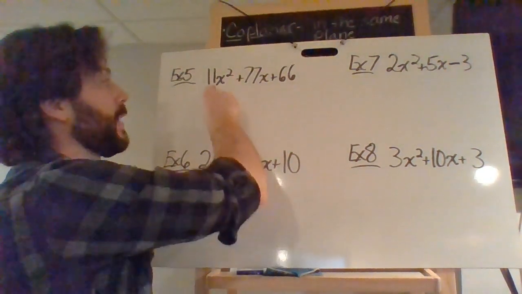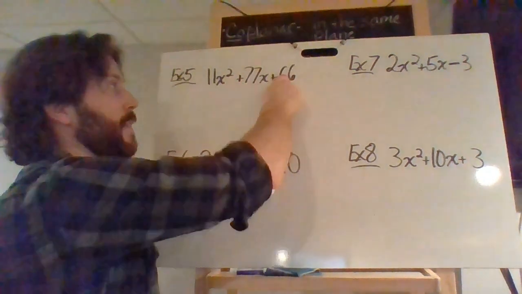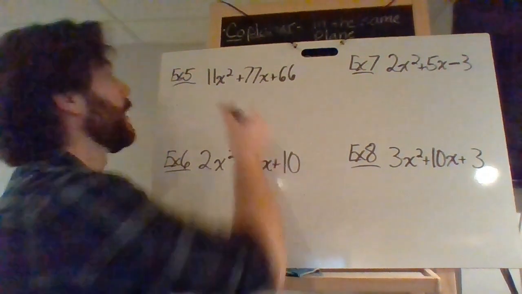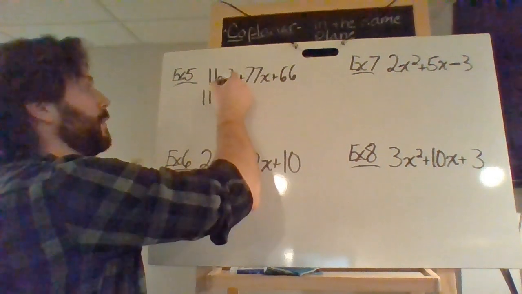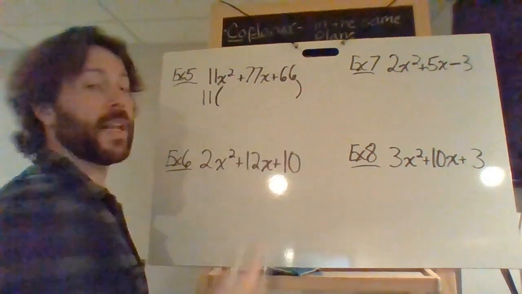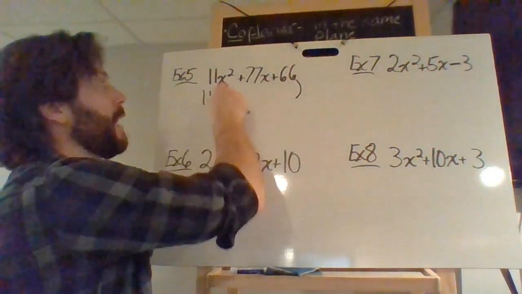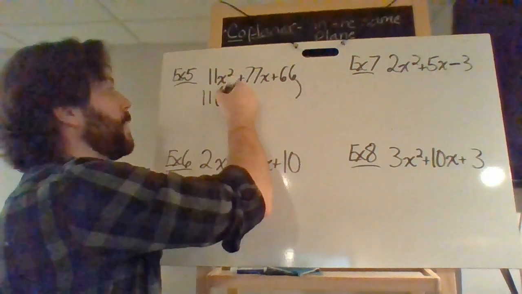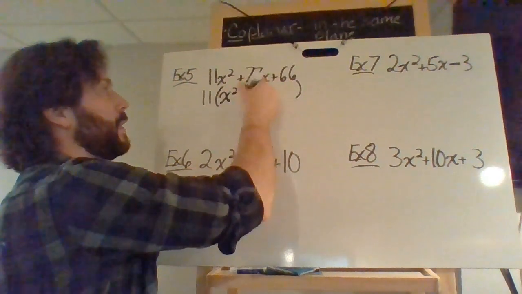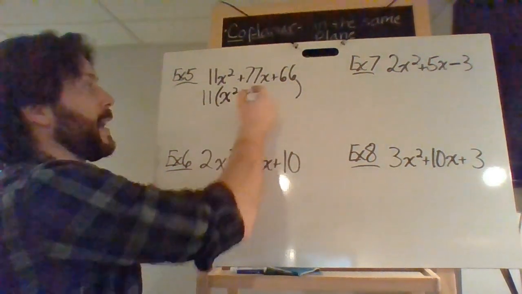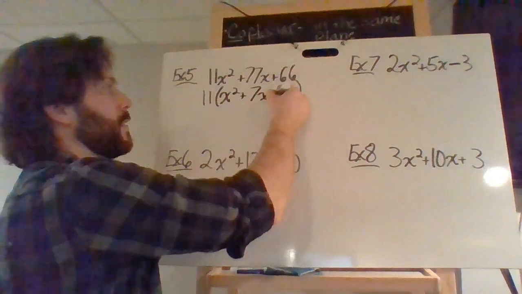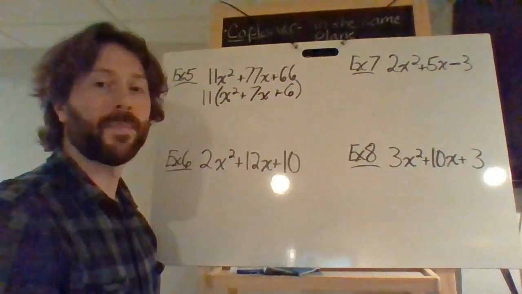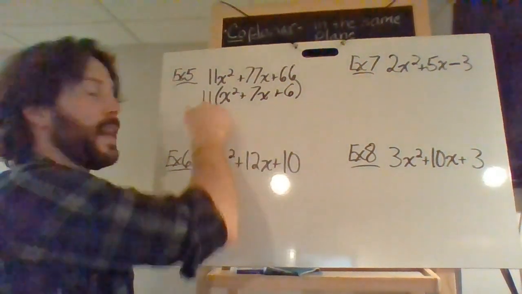So if I look for something that divides 11, 77, and 66, I can see that they're all divisible by 11. So I'll bring out an 11, open up one large set of parentheses, and divide that 11 from each of these terms. Well, 11x squared divided by 11 gives me x squared. 77x divided by 11 gives me 7x. And 66 divided by 11 gives me 6. Now, I can leave the 11 out front